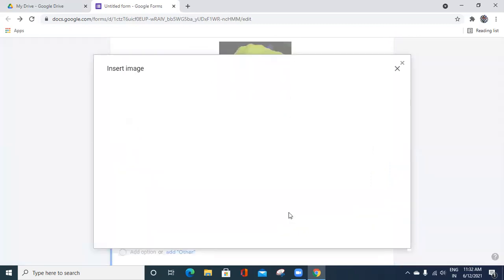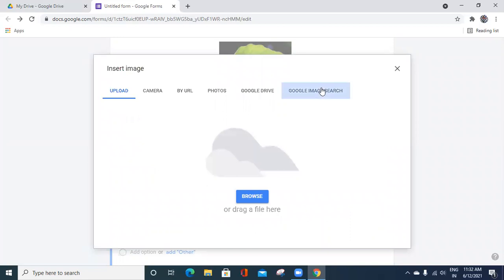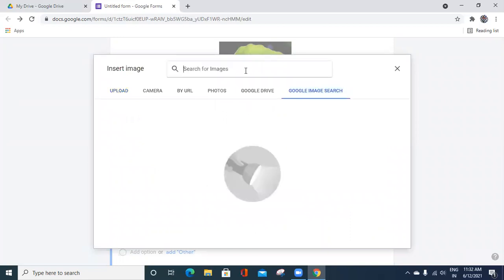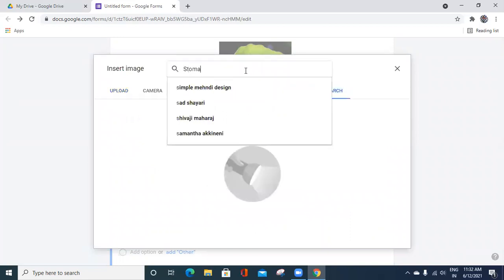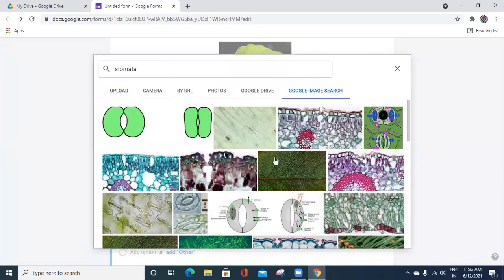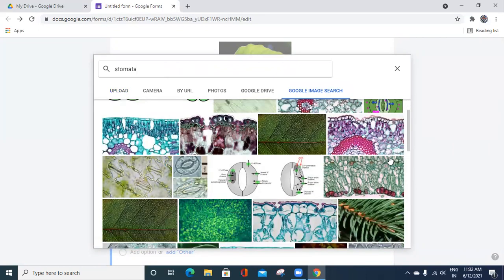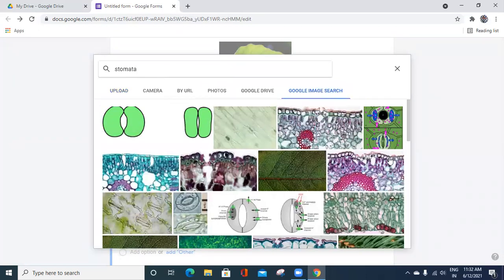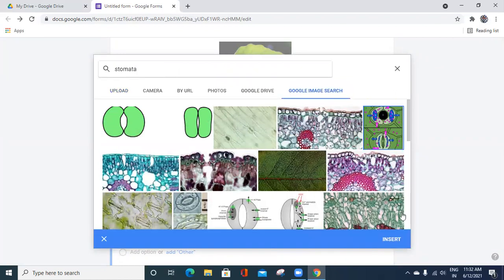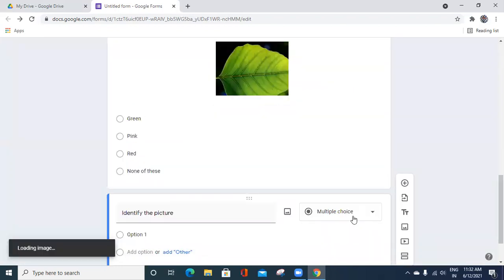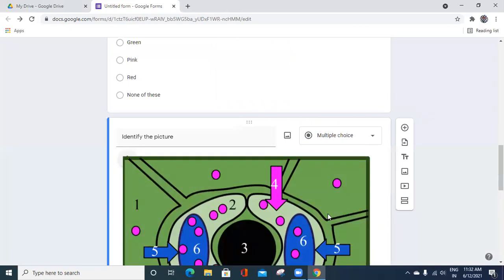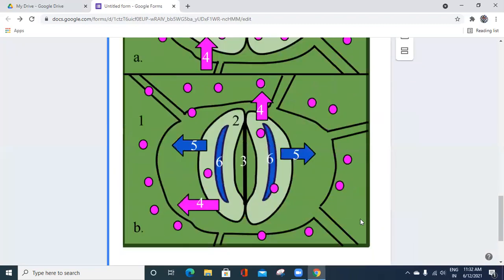So one picture you can give. Go to Google search if you want. Then write, I will write stomata. Okay, so you select. You can select any one good picture, whatever you want. Then go insert. So the picture gets inserted very big. Now you can make it smaller.